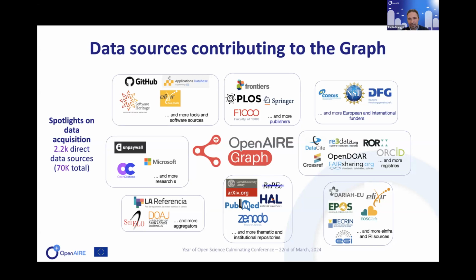These are just ideas, just to give you, let's say, a view of what we're doing. So from the thematic repositories like RePEc, arXiv, and so on, to the catch-all repositories like Zenodo, Dryad, Figshare, to the known aggregators like DOAJ, La Referencia, and SciELO, to the authorities like Crossref and DataCite, and so on, through other graphs like ours, so OpenCitations, we used to have Microsoft Academic, and to the different funders.